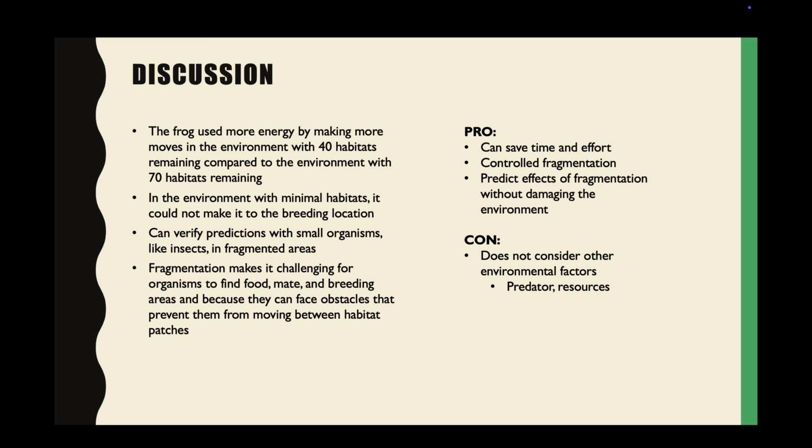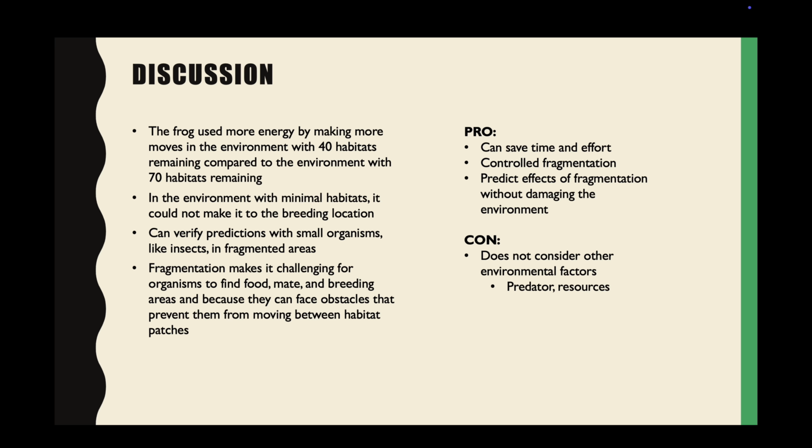And then for the environment with the most habitats remaining, the frog was able to make it in 30 moves, but with 40 habitats, it made it in 40 moves. So it wasted more energy,